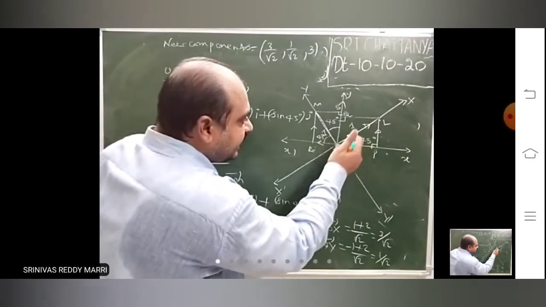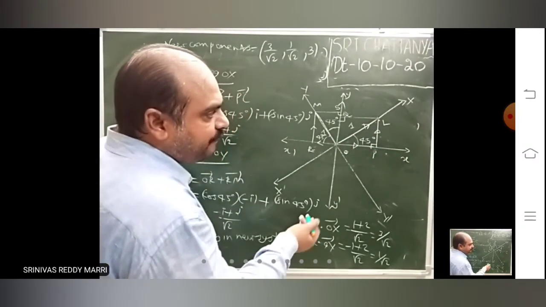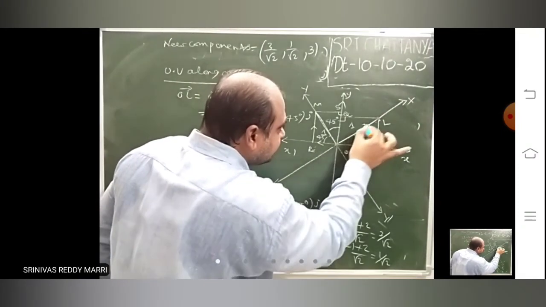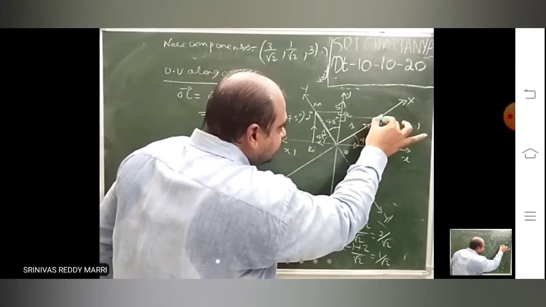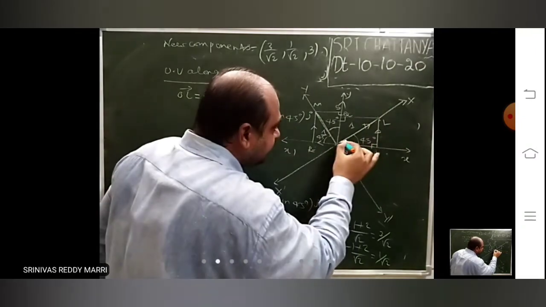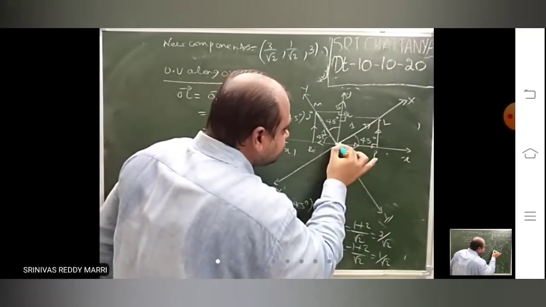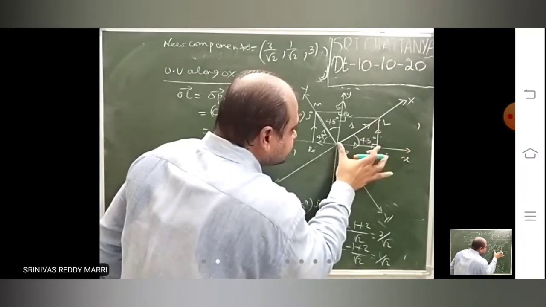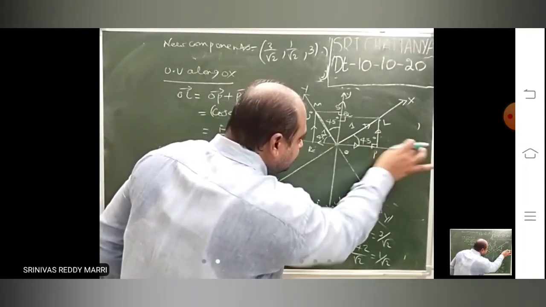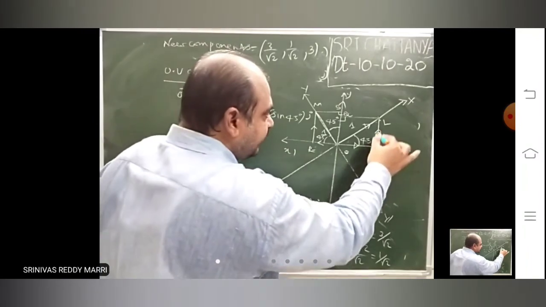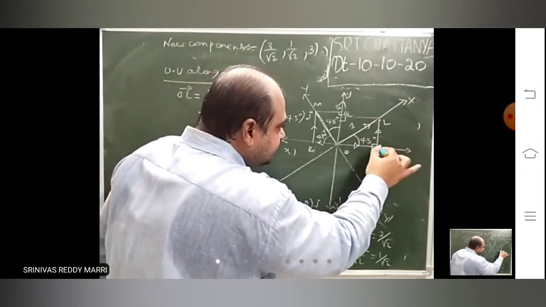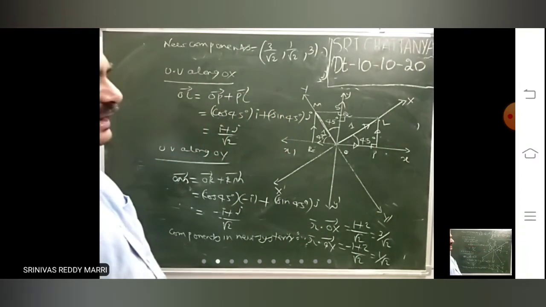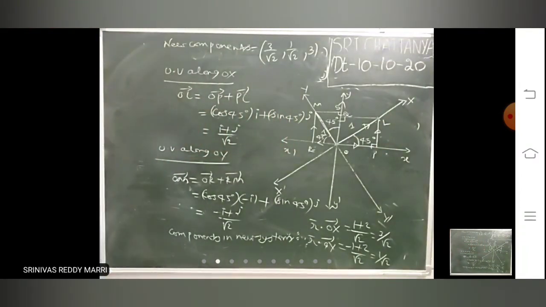Like that, whenever a line in physics also we will resolve into components. Look at where you want unit vector, consider one unit and then construct the pair, draw perpendiculars, and then find out this angle: this vector plus this vector. This vector means this length into unit vector in that direction. This vector means this length you calculate from the right angle triangle, that length into unit vector in that direction. Like that we will calculate unit vector.